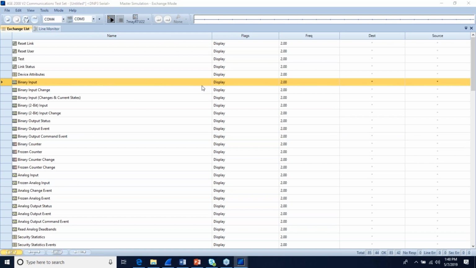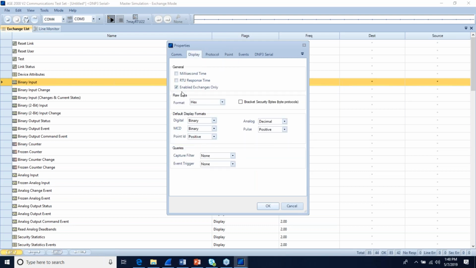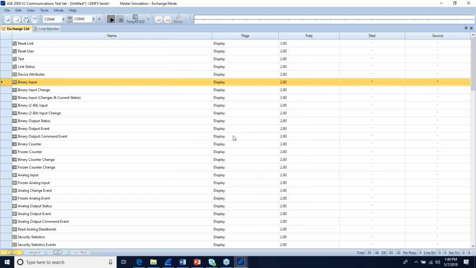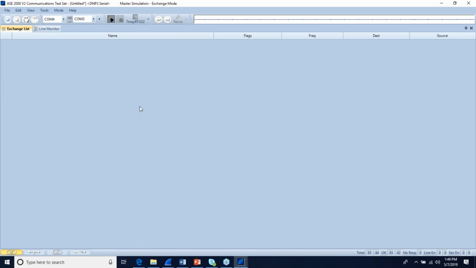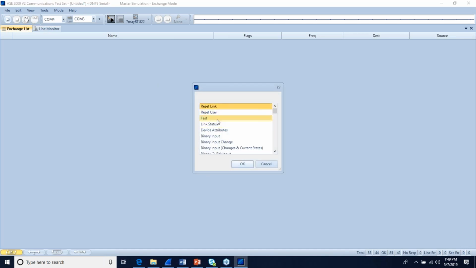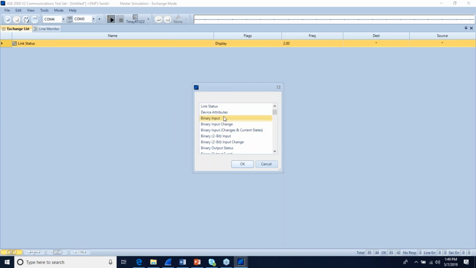Under tools and properties, if I weren't running an actual sequence just yet, I would go in here and for display, select enabled exchanges only. And then presently what is showing me now is it'll display any of these commands, and it does this by default. But if there was a specific sequence I desired, I can simply clear them out, add in what I wanted. So we might have a link status request, might want to add a binary input